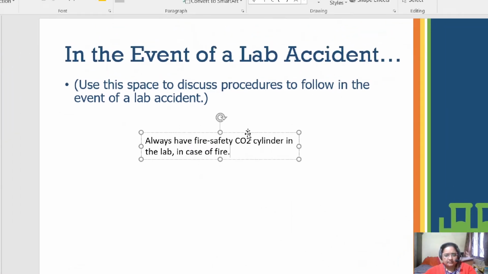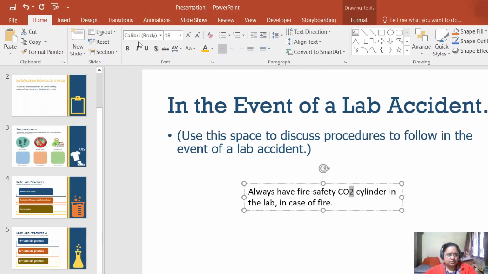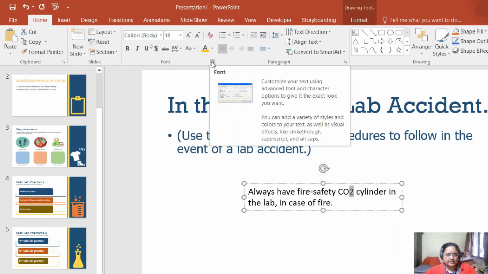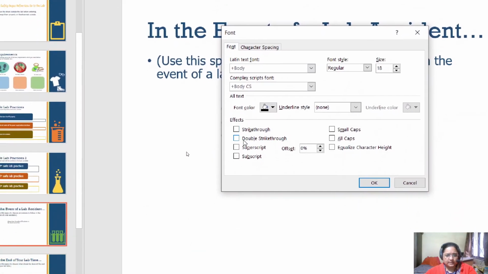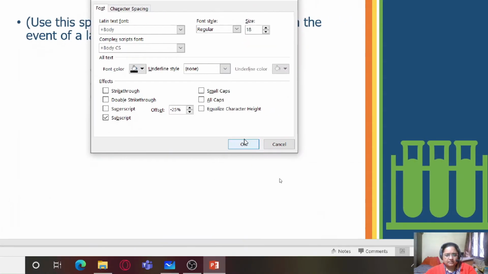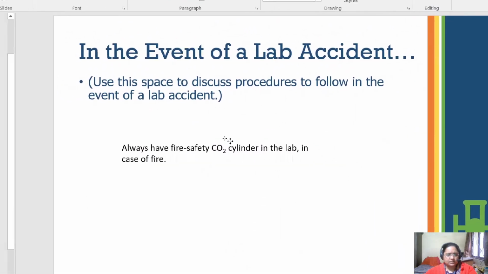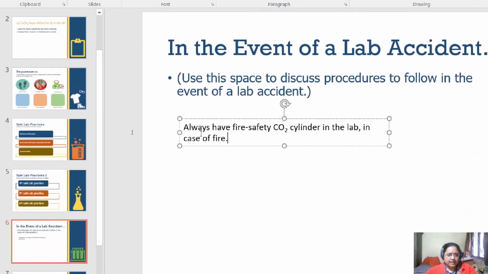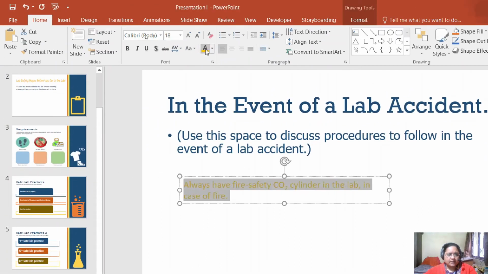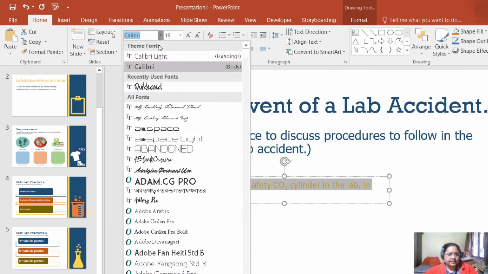I can also change this and make it into a subscript by going to this dialog box, make it subscript, click on OK, and this way I can insert a text box anywhere I like, and I can also format the text inside the text box.